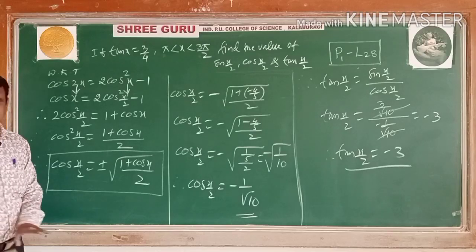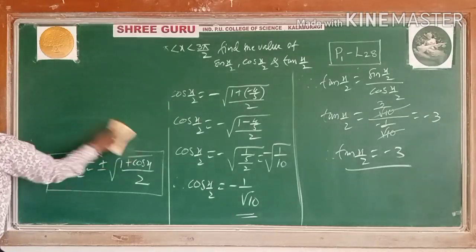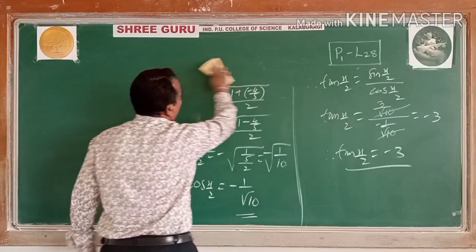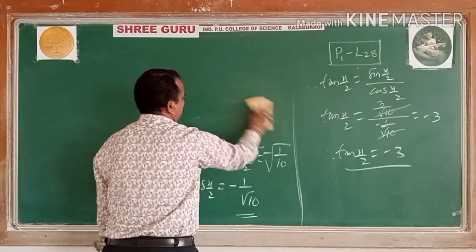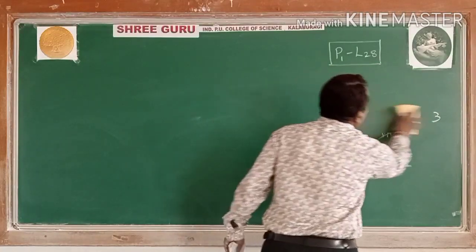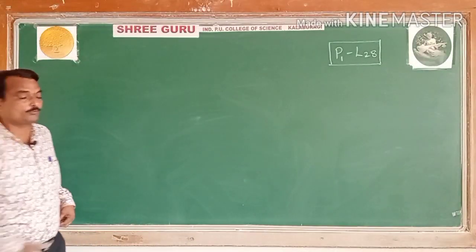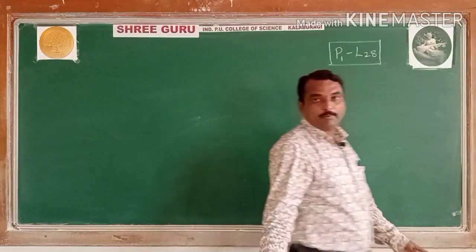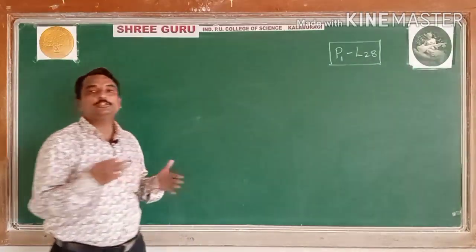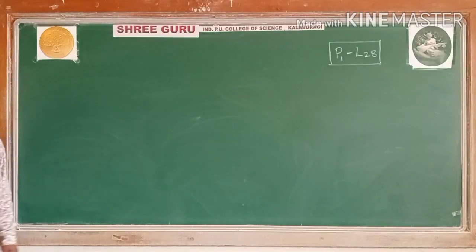The next, I will go for the next example, students. Go through this example once again. Here the formula is also reduced and converted to half angles. And we have also seen in which quadrant it lies. X is given here. Using that x, we have taken where x by 2 lies. And depending upon that quadrant, we have taken the sign and calculated the values. Now come to the next example.